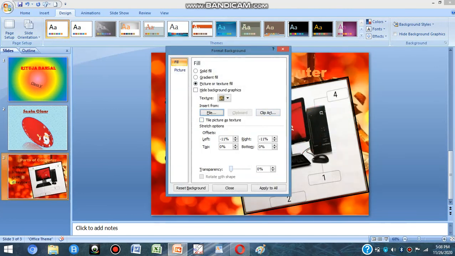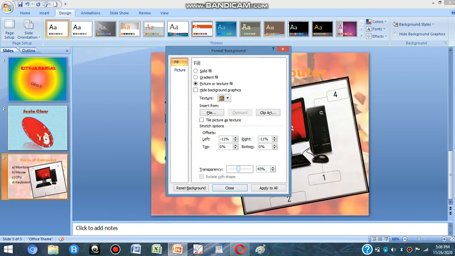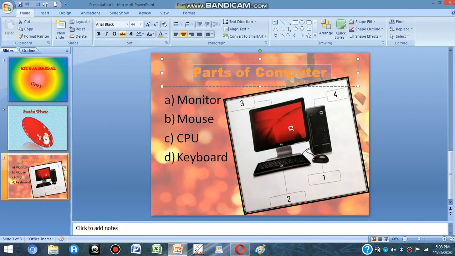And now I will make its transparency so that it appears lighter in the background, like this, and close. Now these parts of the computer are appearing in light shade, so we can change the color to some darker one so that it can appear. So in this way we can fill the background of each and every slide.